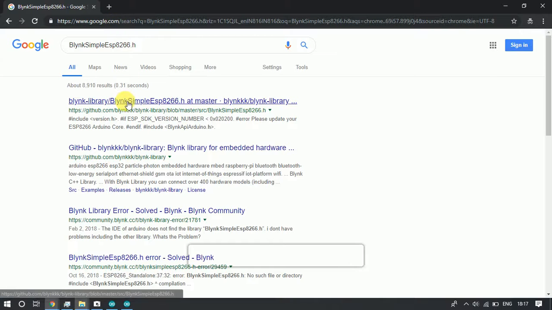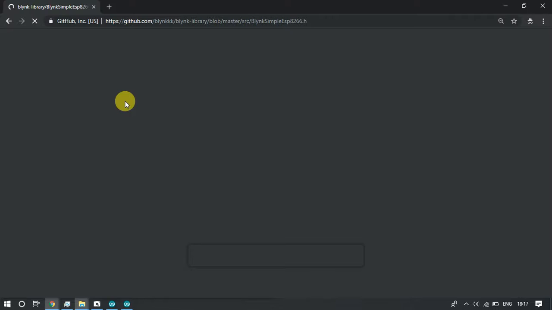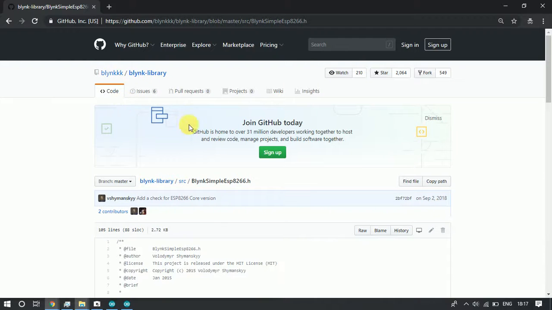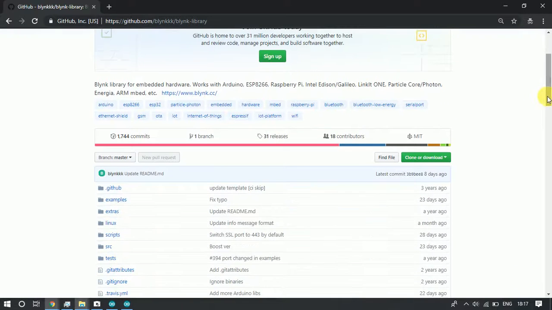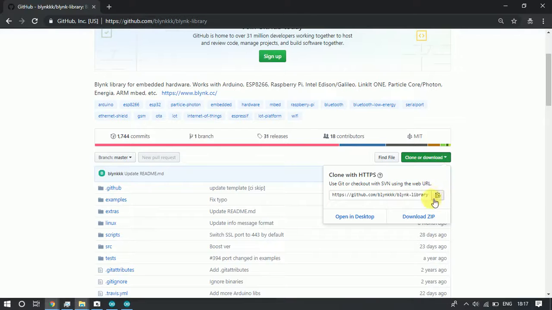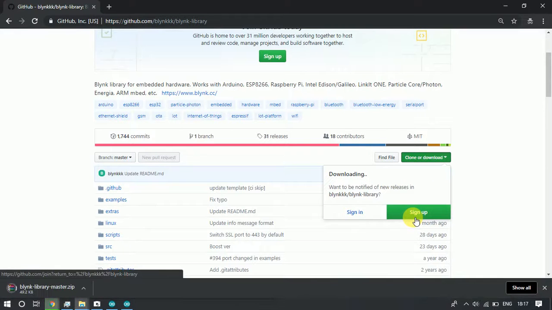The first link is the download link for the library. The green button is for downloading. Now it will download and save the library. Here we have downloaded the library.